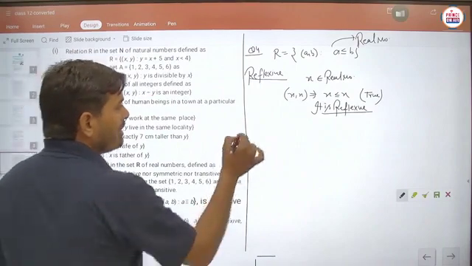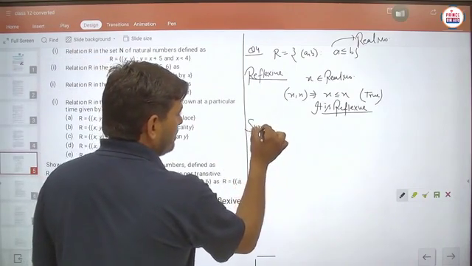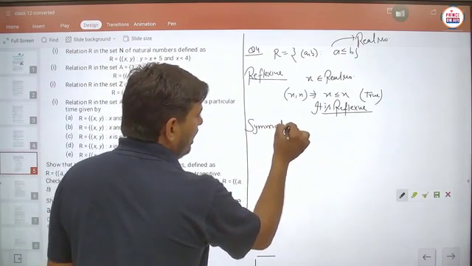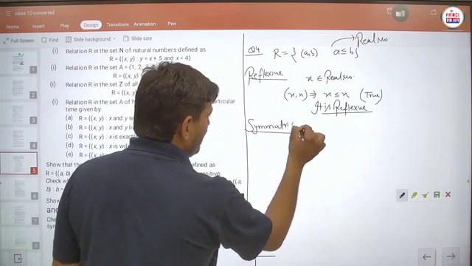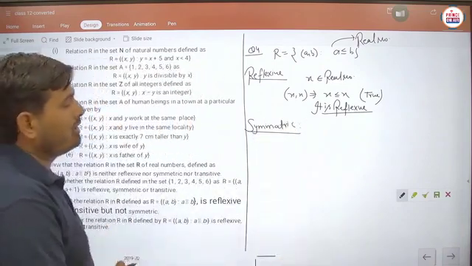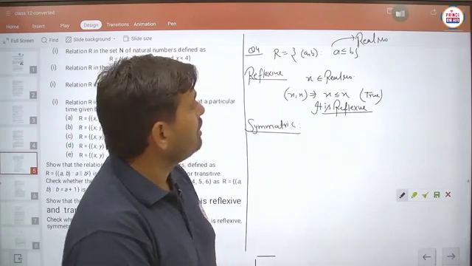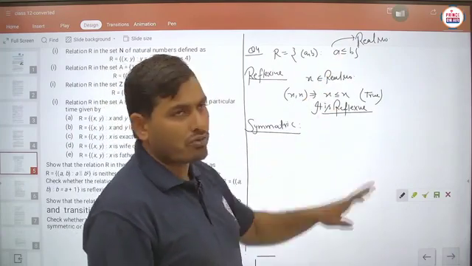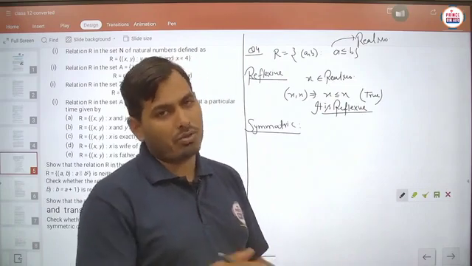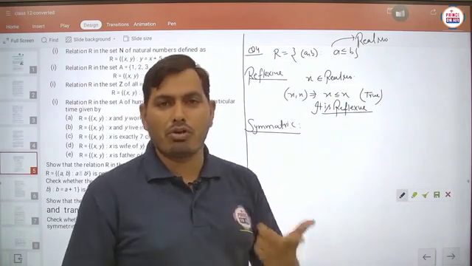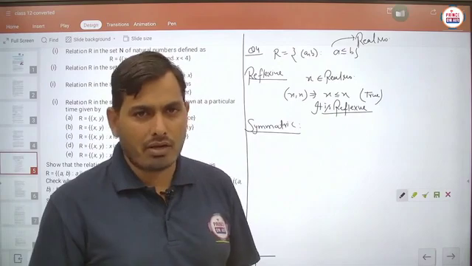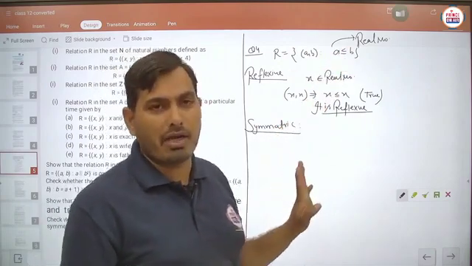No problem. Now student, the symmetric. Second case we are taking the symmetric. So basically you can think, suppose we are taking the two real numbers 2 and 3. Suppose 2 and 3, so 2 is less than or equal to 3, but 3 comma 2. So definitely student, 2 comma 3 belongs to R, but 3 comma 2 does not belong to R, because here no squaring part is available.